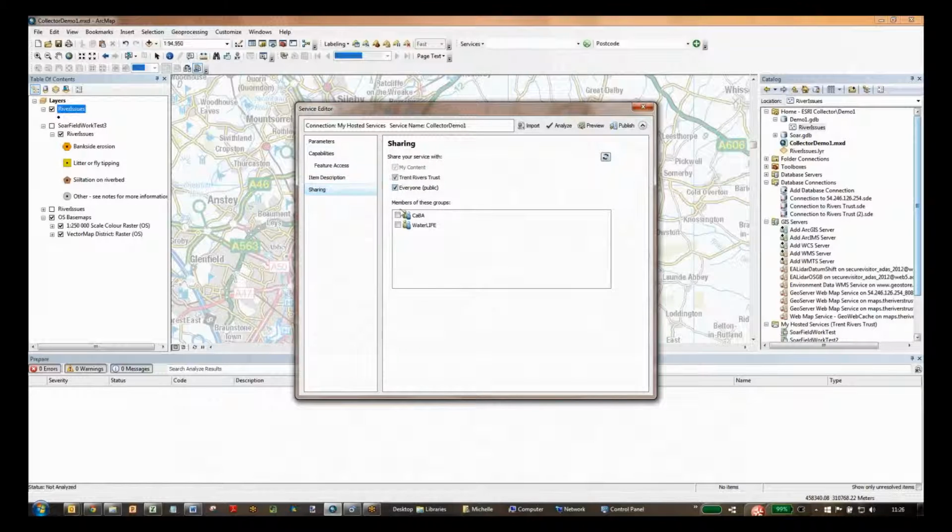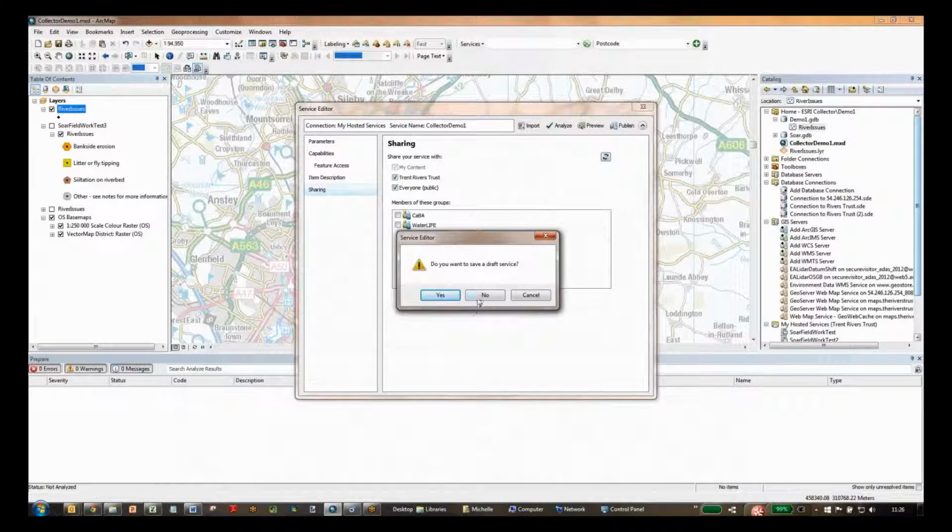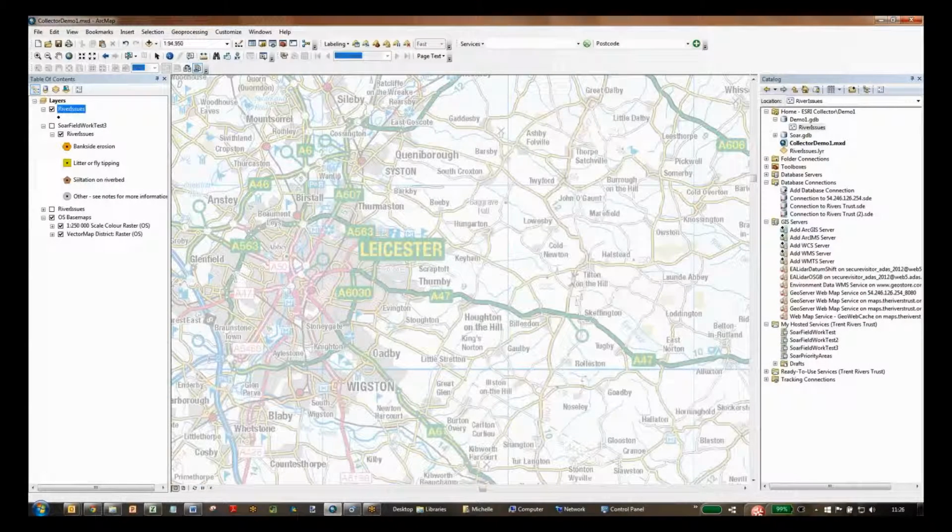And then you can decide who you share it with. And at that stage you publish it, but as I say, I'm not going to do that because I'm just worried it might kill my broadband. But what you will see once you've uploaded it, I can bring that across, is